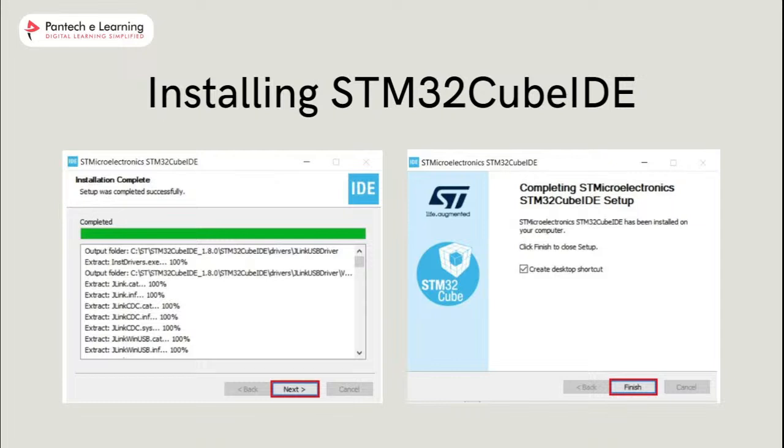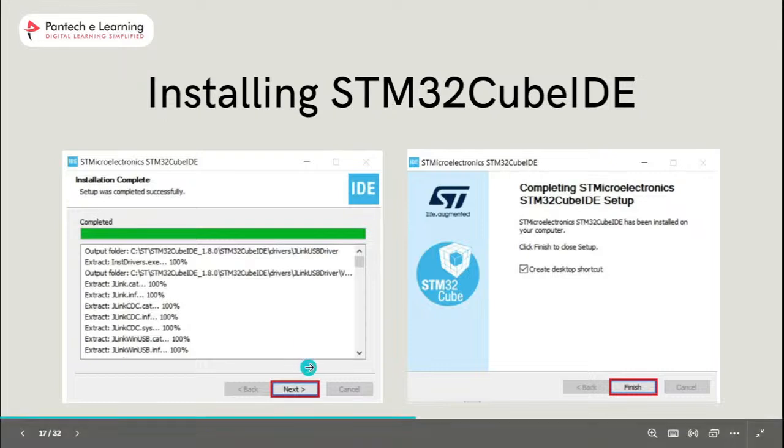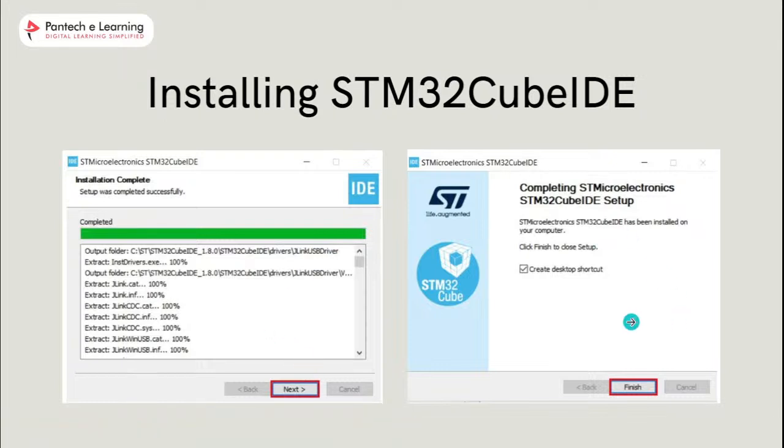Okay, so it will take some time for STM32 Cube IDE to get installed. After the installation is complete, just click next. After the installation is completed, click finish to close the setup. Your desktop will now have a shortcut to STM32 Cube IDE created. Okay, so now